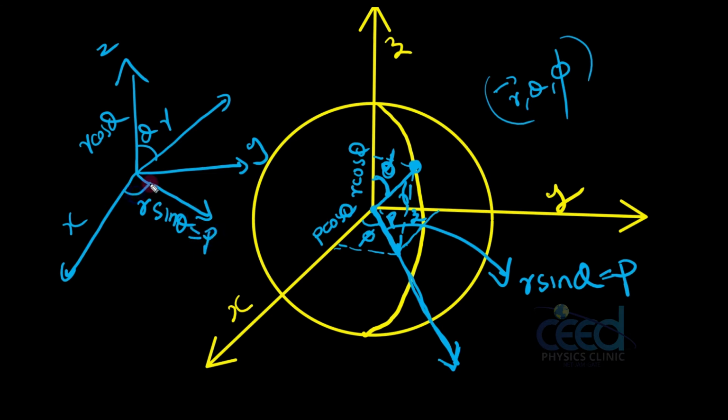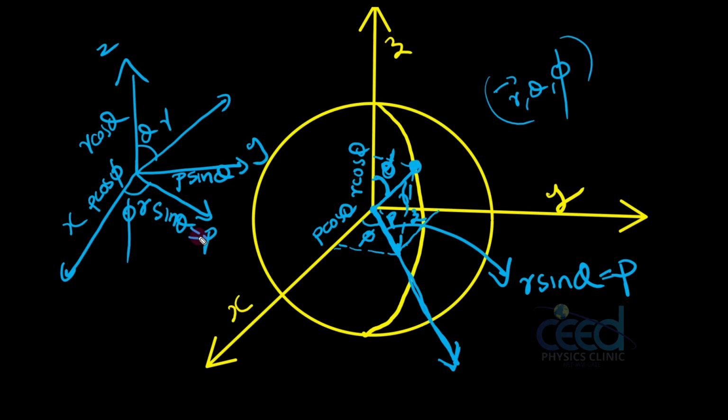Then this angle I have taken as phi, so this is p sin phi and this is p cos phi, right? Because if I consider this as the resultant, I can split this p into two components, one adjacent component and one opposite, vertical component. So p cos phi and p sin phi. So what is now p cos phi?